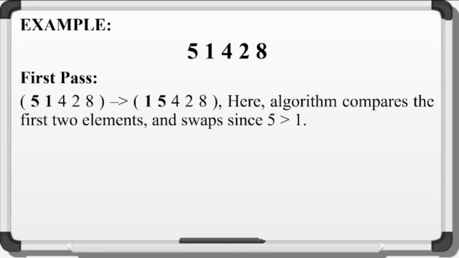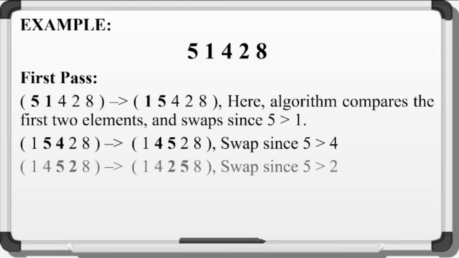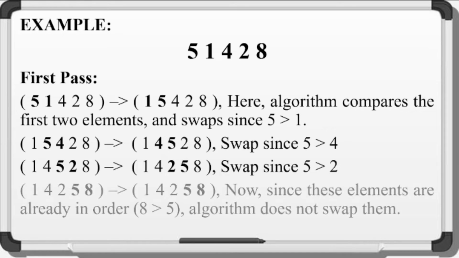51428. In the first pass, 51428 becomes 15428. Here, the algorithm compares the first two elements and swaps since 5 is greater than 1. 15428 becomes 14528, swaps since 5 is greater than 4. 14528 becomes 14258, swaps since 5 is greater than 2. 14258 stays 14258. Now, since these elements are already in order because 8 is greater than 5, the algorithm does not